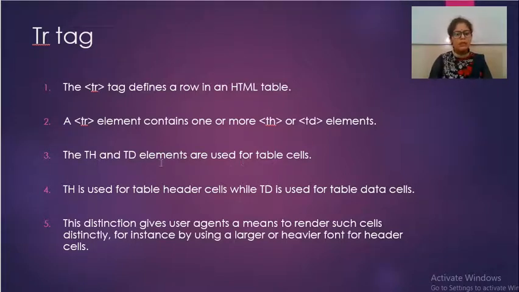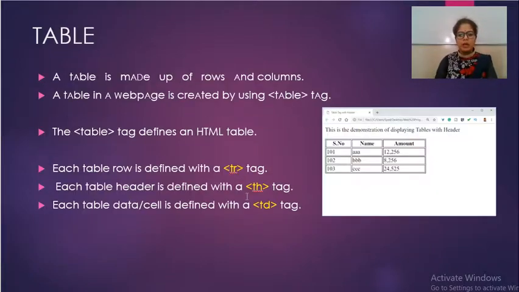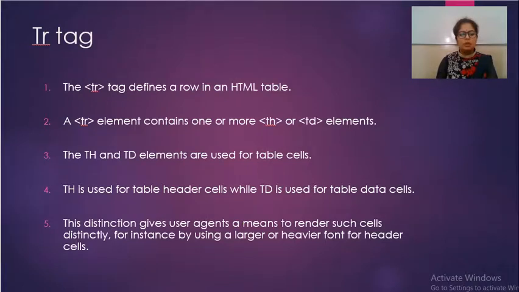So it is used to enter data into table cells. TH is used for table header, whereas TD is used for table data set. So I hope it is clear to you how and why we have to use TH and TD. TH is used for these types of headings, as there are 3 headings in the table. TD is used to enter data into the cell. So that is all about the TR tag.